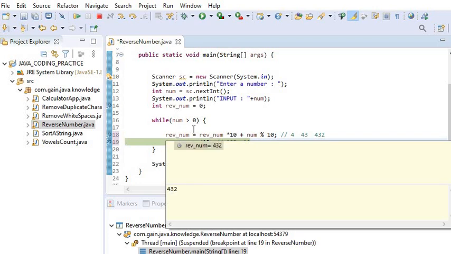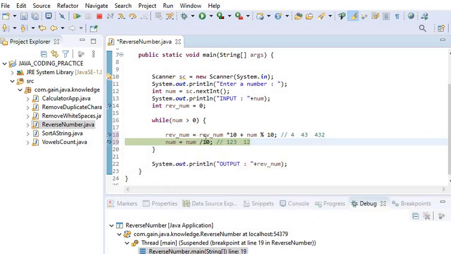Here we can check the reverse number value is 543, and when we divide 123 by 10, the output will be 12.